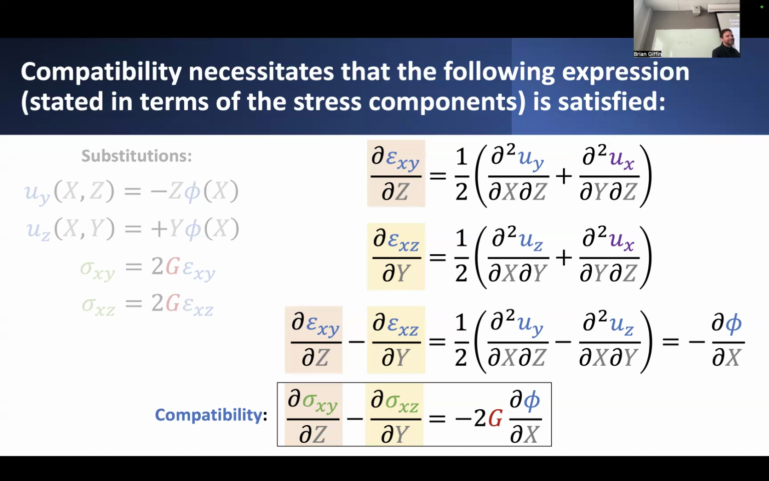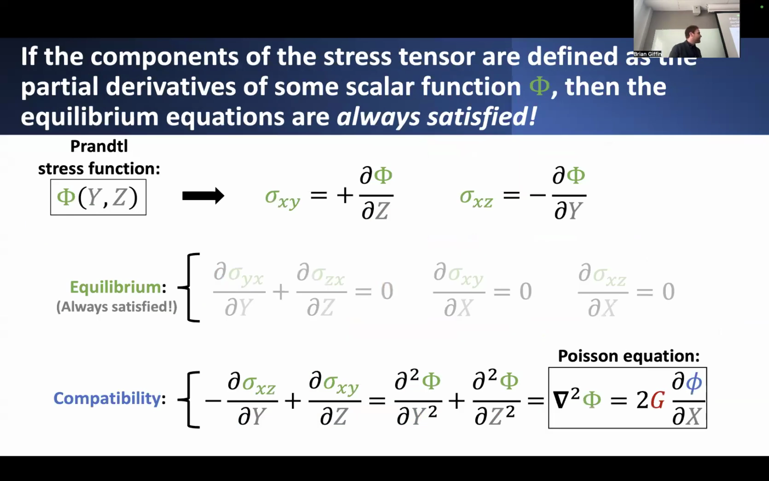And we come up with this final expression that is effectively a statement of compatibility, expressed in terms of these unknown and variable components of stress. All right, so now we have equilibrium, we have compatibility, and maybe you already kind of saw where this is